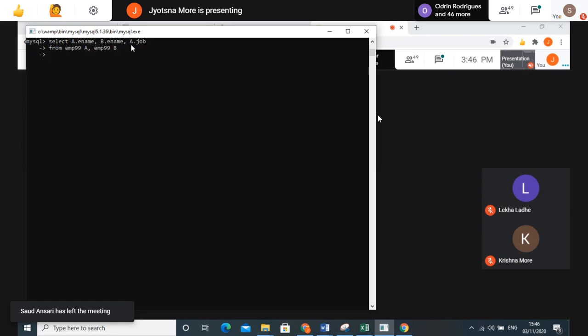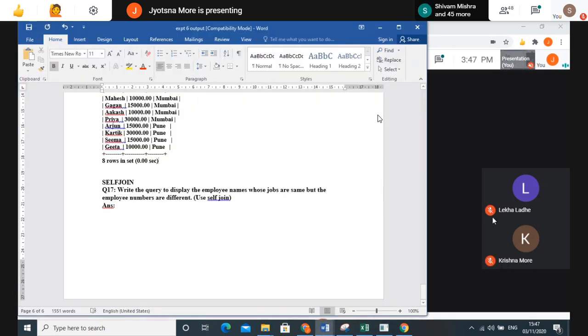Okay, where? What is my where condition? Job should be same. From A table, job is same as B table, job. And one more condition they have asked. What is the second condition? From A table, employee number. Same attribute I have, employee number. So I have to check whether I have used EMPNO or some other attribute name.